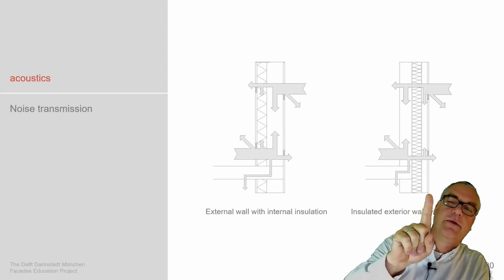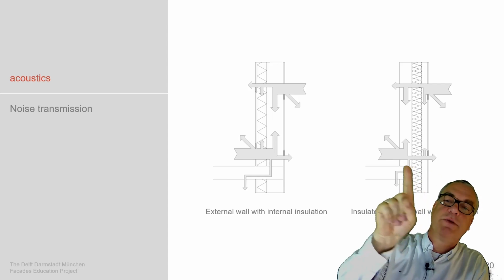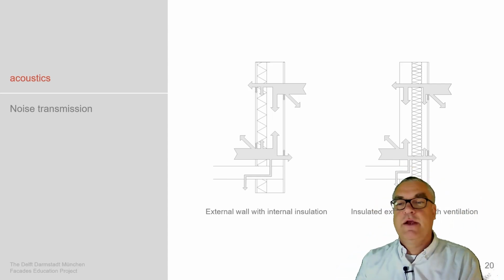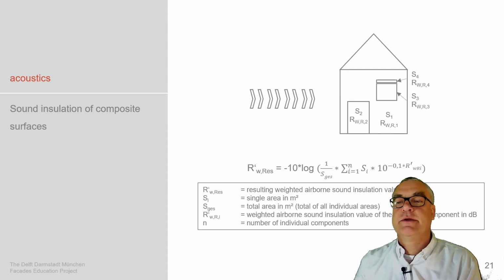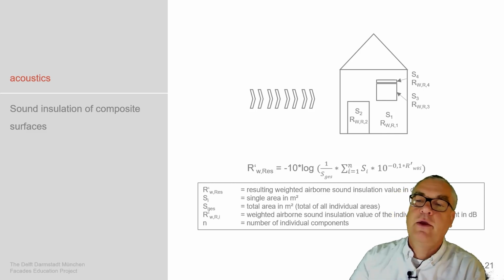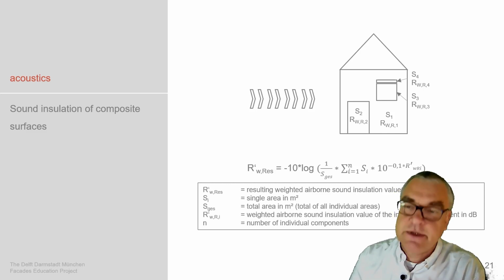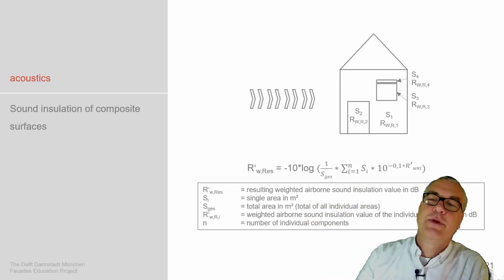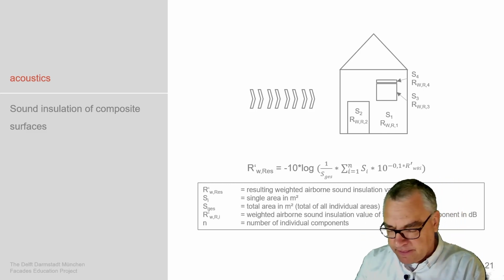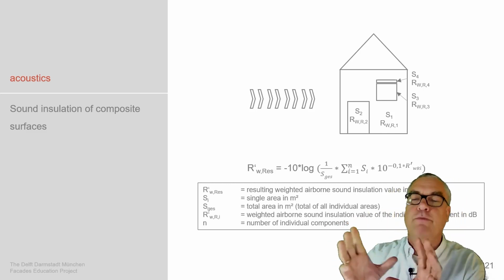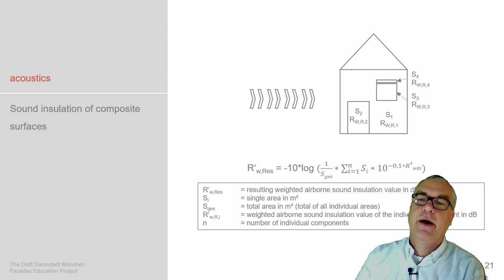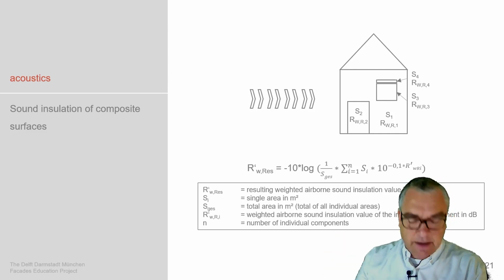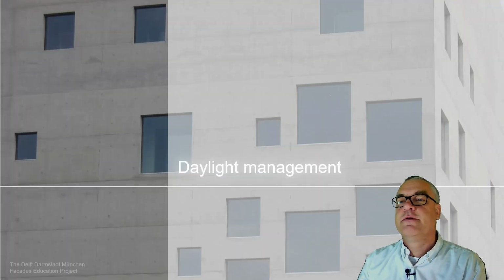And here we see the cavity system. Again, acoustics finds its way through the light systems into the heavy systems, and then it is absorbed as a system. Again, this is calculated via a resistance, the R resistance, which is again a long formula which you don't need to dig into in detail, which is a sum of the acoustic resistance of individual components weighed by their size in the surface of the building.